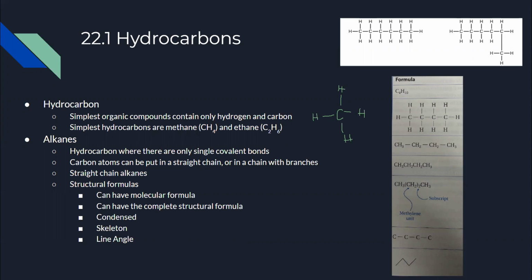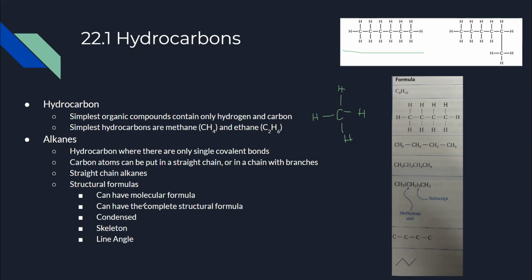So there's one type of hydrocarbon that is prevalent, and that's called an alkane. An alkane is basically a hydrocarbon where there are only single covalent bonds. And these carbon atoms can be put in a straight chain, or in a chain with different branches. A straight chain alkane is shown right above, with this. And so the alkanes can have a molecular formula, a complete structural formula, a condensed